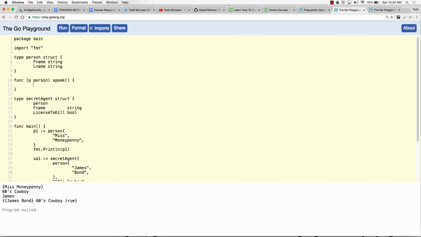And we're going to say format print line, because all people speak. And we're going to do p f name. Backticks are also characters for raw string literals.